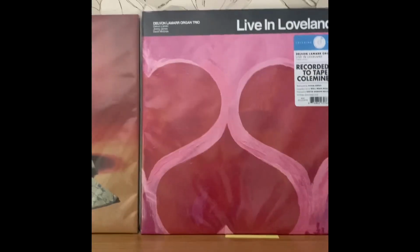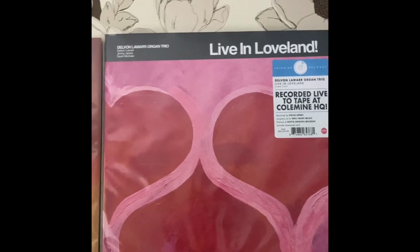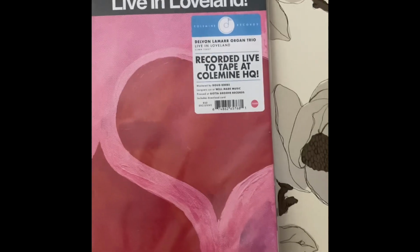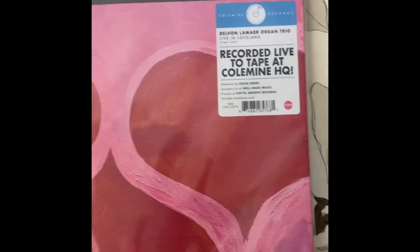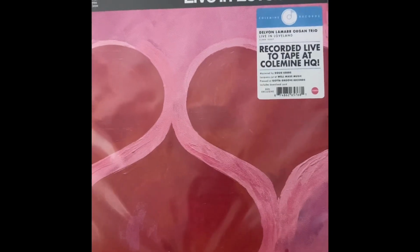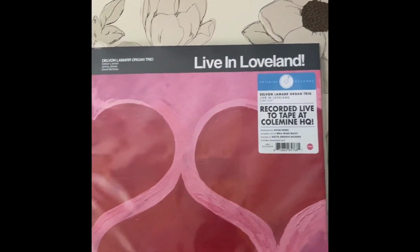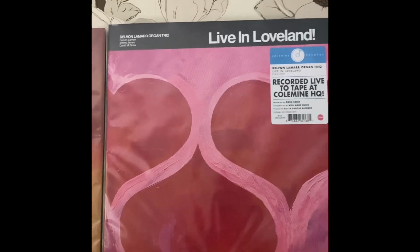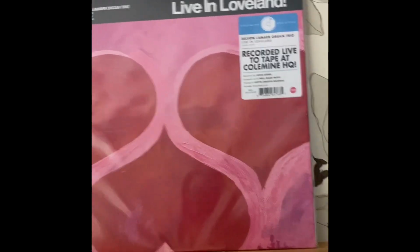Colemine is an excellent US audiophile retro soul label who have signed loads of current artists rather than reissues, and Delvin Lamar trio are on their label. This is great, if you can pick this up. I don't think it was particularly rare, this Record Store Day release from last month from Drop One is excellent. So that's the third one on the wall at the moment, and the fourth one is actually